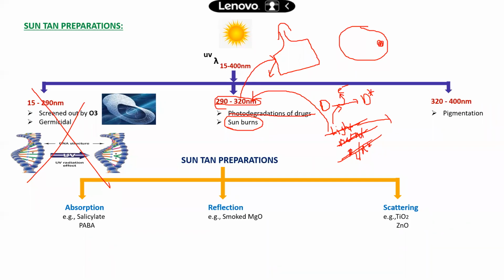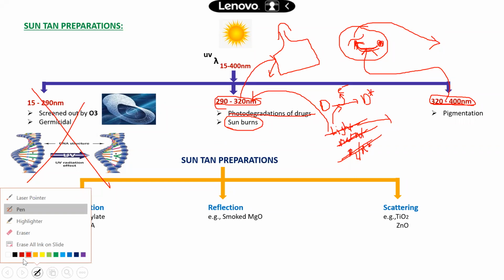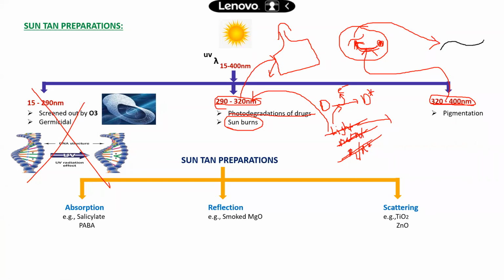This is the nucleus, and this is the melanin pigment. Friends, to synthesize this melanin pigment, it also needs UV radiation of 320 to 400 nanometer. Once synthesis takes place, it can be released out. This released melanin pigment can absorb.